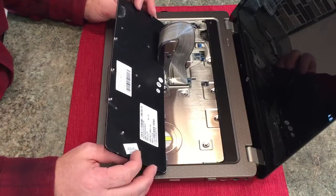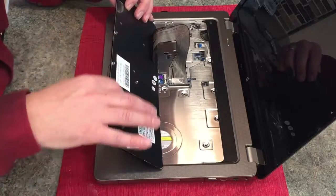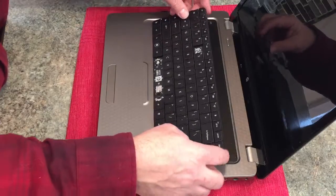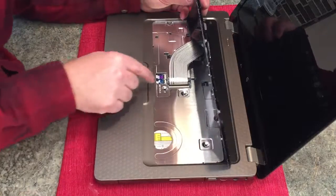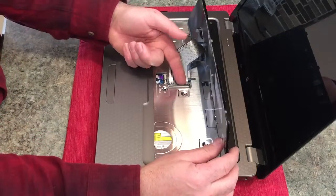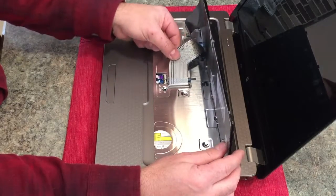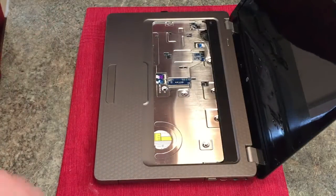The reason this one was a little stickier to come up was that I could tell it had something spilt on the top here, so it was pretty well in place. So start with the top, pop them up, and then slide it forward as such, and you're going to see this ribbon band connector. All you got to do is lift it up. You don't have to put a lot of pressure. As you can see, I just did. Just lift it up with your fingernail and disconnect the ribbon cable. Put that aside,